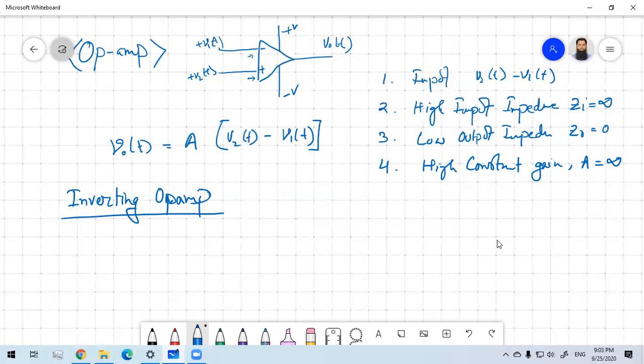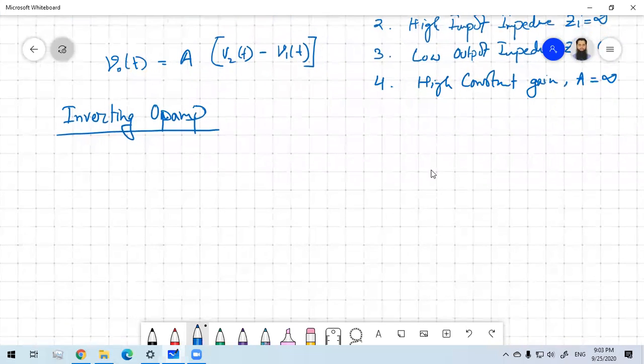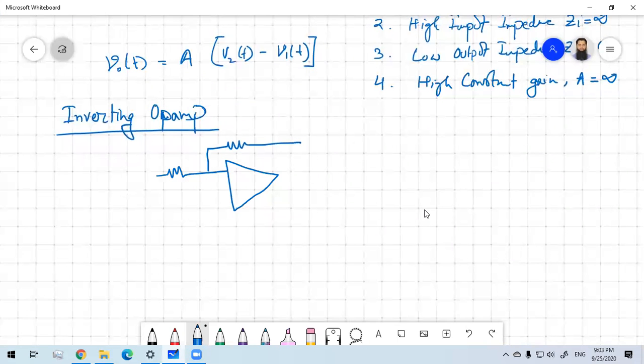So look at the circuit diagram first, then we'll try to find out the equation. So we have something like this, and now we are applying the feedback here. The non-inverting input will be there, then you will have two resistors. The non-inverting one is grounded, so plus one is grounded. So the voltage source is connected with